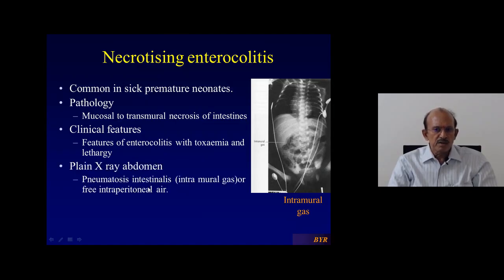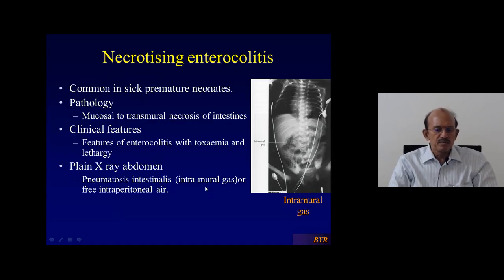Plain X-ray abdomen shows pneumatosis intestinalis. Pneumo means air. Pneumatosis, there is presence of air in the intestinal wall. So this is called pneumatosis intestinalis. That means there is intramural gas. Normal gas is there only in the lumen, but in this condition, the gas bubbles are present in the wall